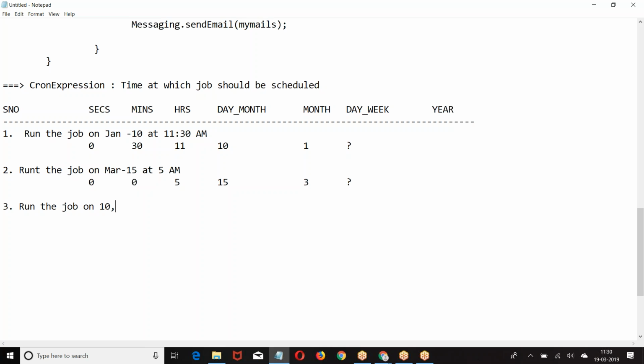Run the job on 10th, 15th, 20th of March at 10 a.m. Zero, zero, 10, 10th comma 15th comma 20th of every month, March. Then